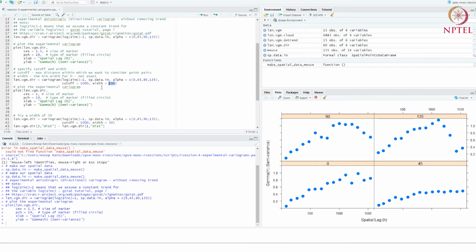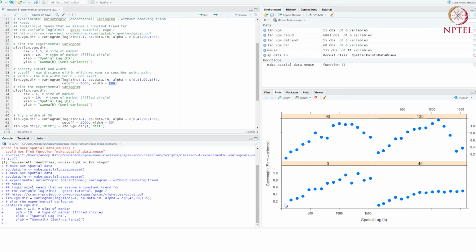And then the width is the distance, the size of the bin. So if I say 100, then basically all point pairs that are within 0 to 100 units of distance apart will be considered one bin, and it will plot 1 point for that whole bin, right?